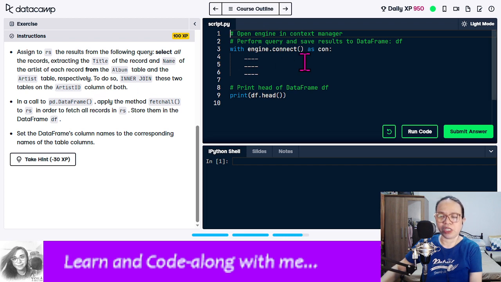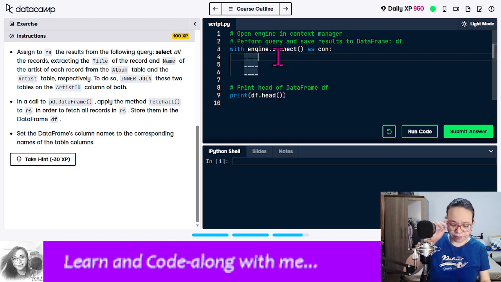Open the engine in a context manager, perform the query and save the results to data frame df. So, with engine.connect() as con, using the